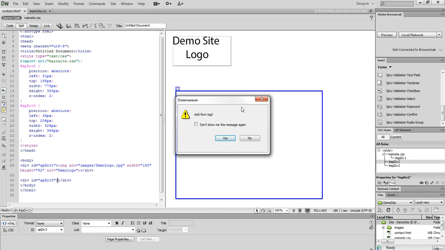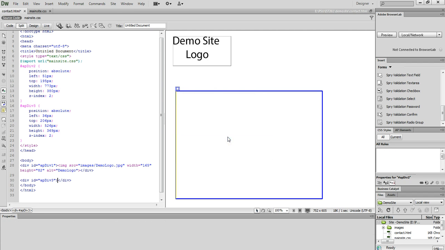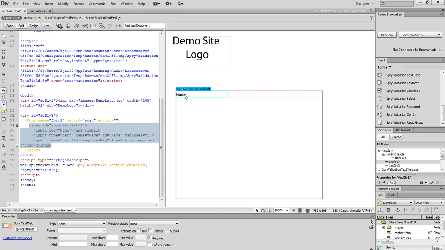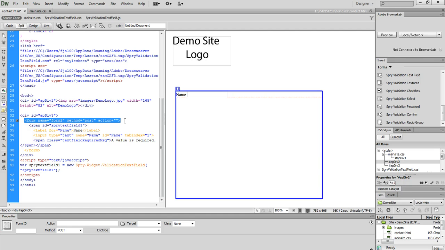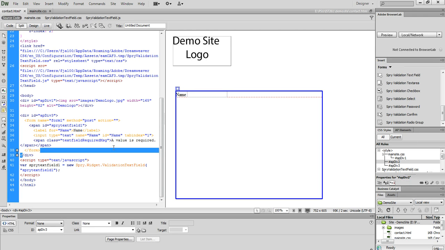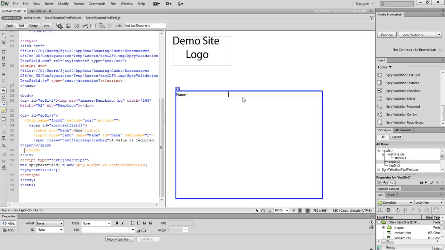If I click OK, it then prompts me and says, hey, do you want to add a form tag? Now, when I click yes, I want you to watch over here on the left-hand side of my code area and watch what gets added. You say yes, and of course now the form item is added in there, and it's highlighted, but it's nested within what is known as the form tag. We have an opening form tag and a closing form tag, and in Dreamweaver it's indicated with this red dashed line. So everything that we're going to build for our form really wants to take place within that red dashed